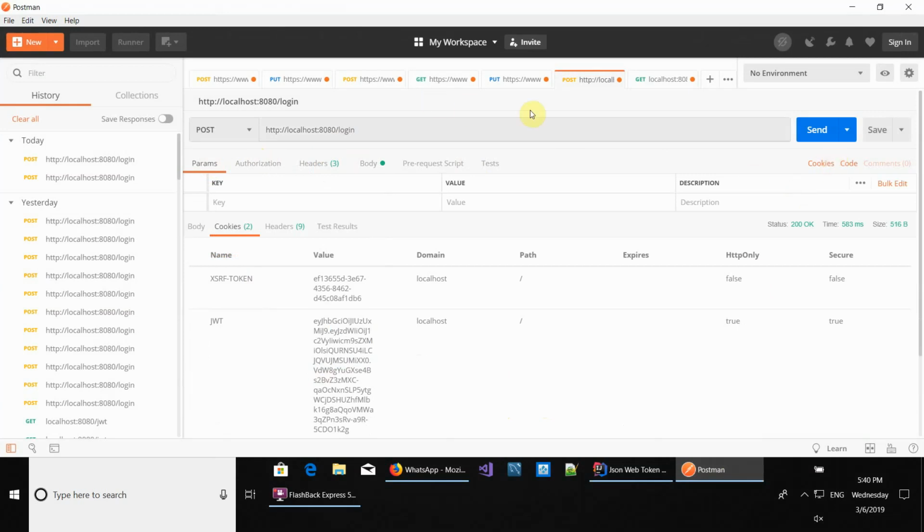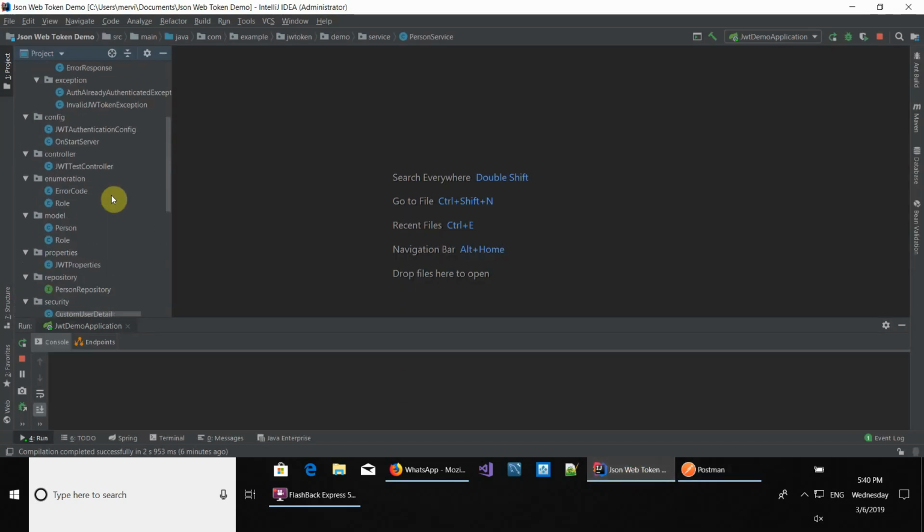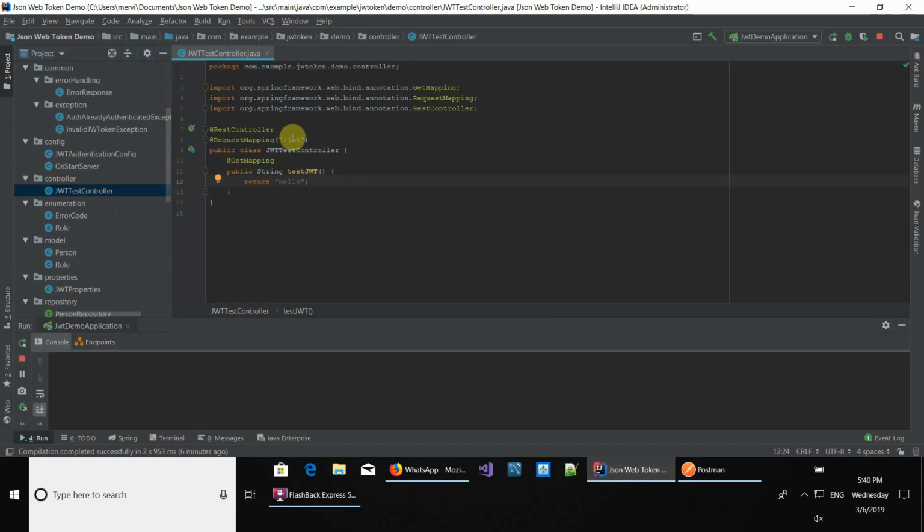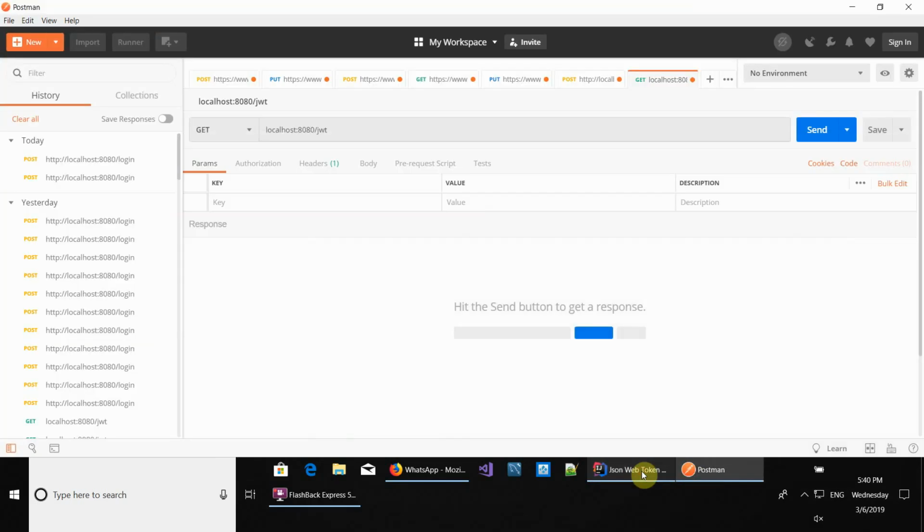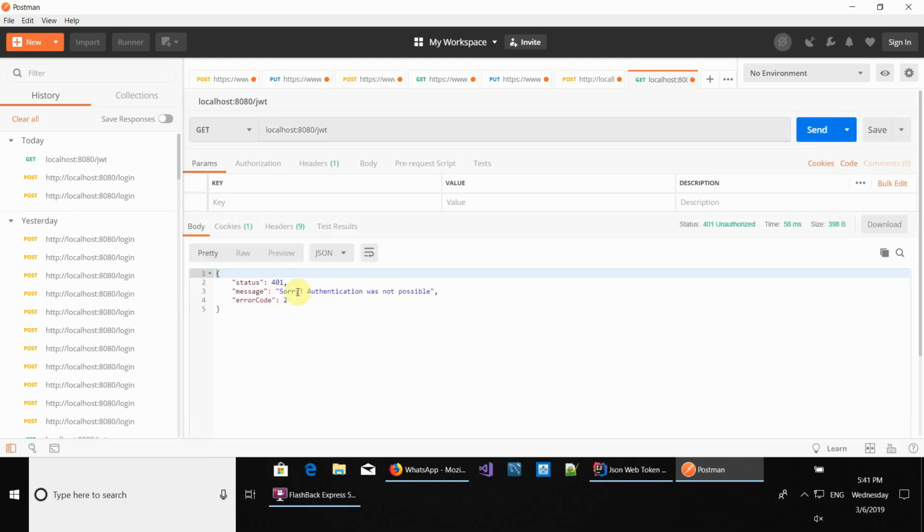So if we try to go to this controller, which I have already created, and try to go to the JWT endpoint, then we're not going to be allowed to, because the cookie already expired. The cookie is only valid for 100 seconds, just like we put in the configuration. So let's test it, and you can see we get a 401 unauthorized error,